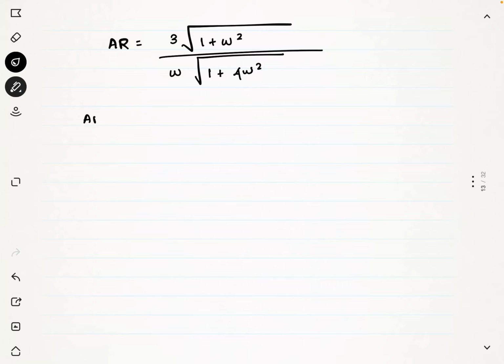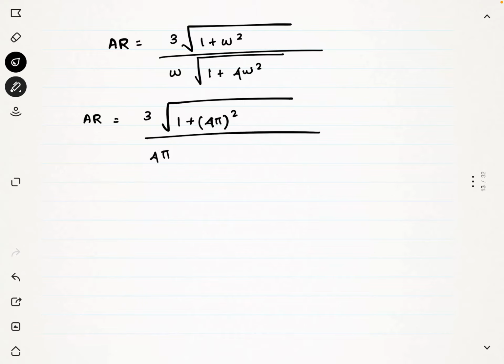Okay, so amplitude ratio, we know that omega is 4 pi, so we substitute 4 pi, 1 plus 4 pi squared divided by 4 pi into 1 plus 4, so 4 into 4 pi square. So if we compute,